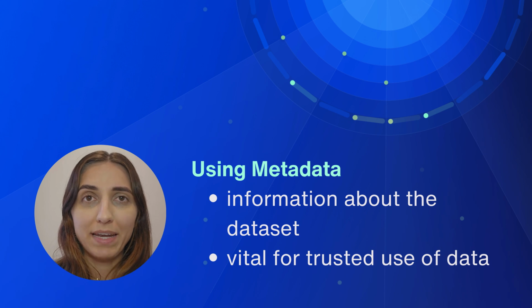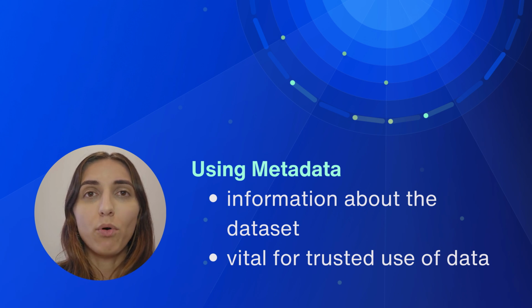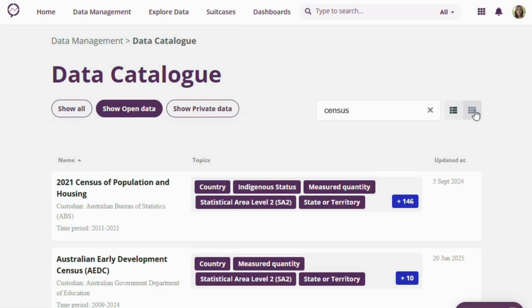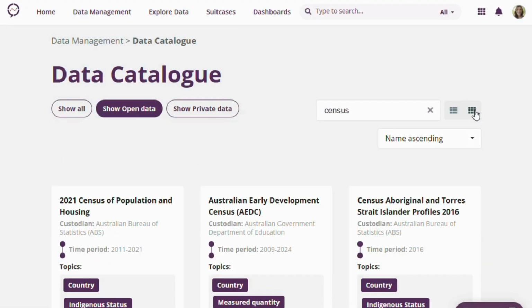So let's talk about metadata, because it's one of the most important tools for trusting and using data correctly. Metadata is simply information about the dataset. It tells you what the dataset contains, where it comes from, what time period it covers, and how it should be used. For example, if you open a dataset like the ABS 2021 census, you'll typically see metadata that includes